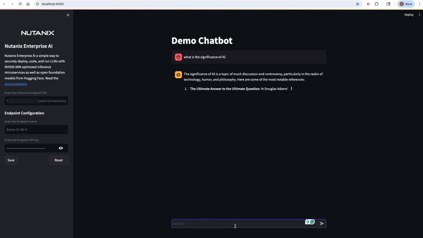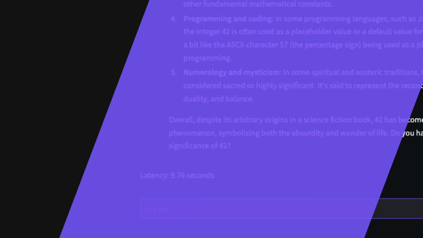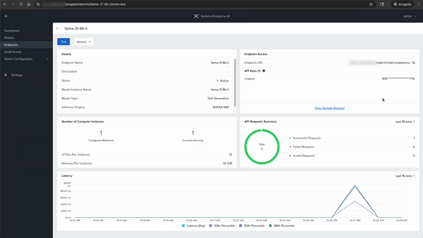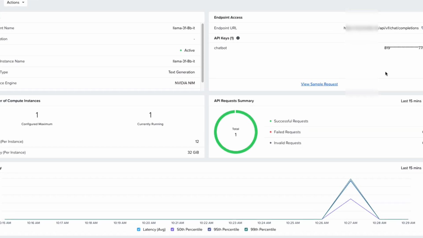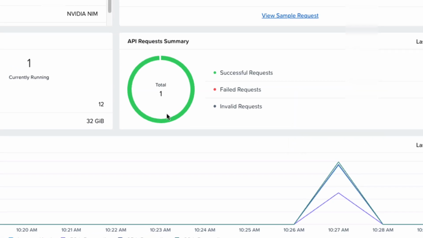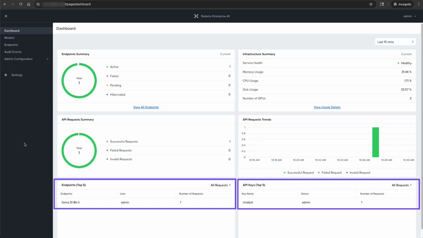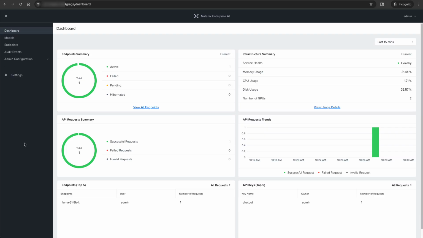We can see that it takes about 9 seconds to give us a full answer. Back in Nutanix Enterprise AI on that endpoint details page, we can see that the request has come in. We can see that latency is about 9 seconds, which aligns with what we saw in our UI. On the main dashboard, we can see that our endpoint is one of the top 5 used and the chatbot API key is the top API key to be used. So this helps you track how things are being used in your environment, especially when you have multiple endpoints and